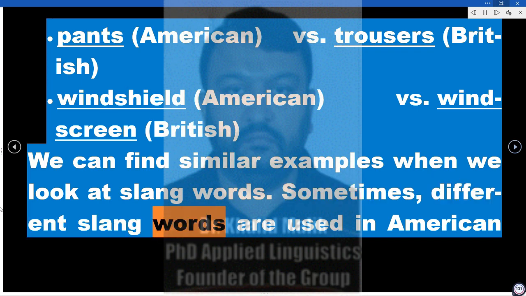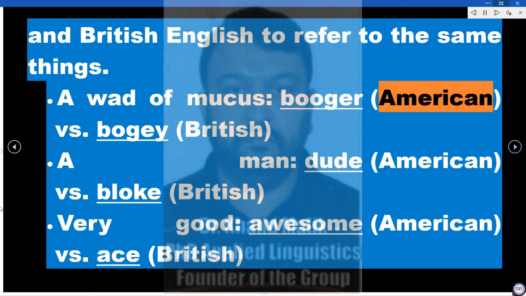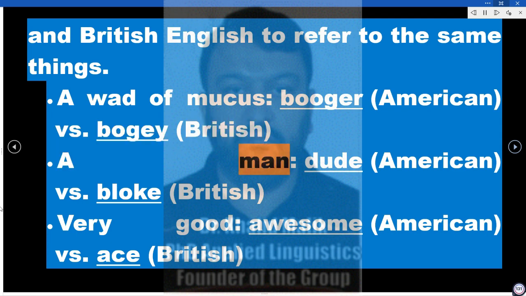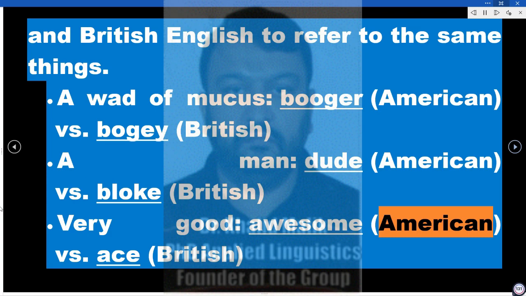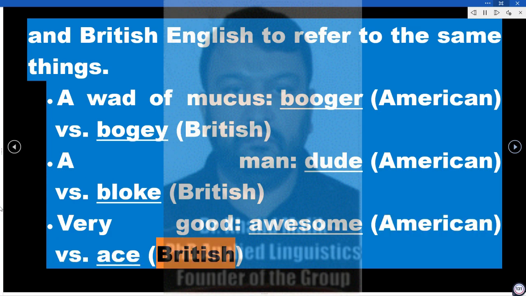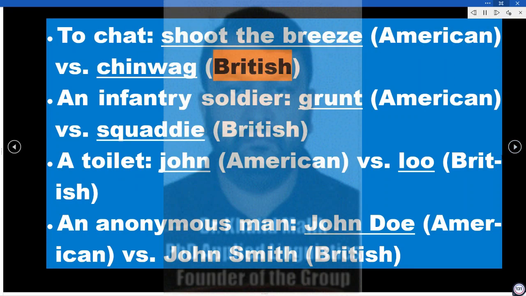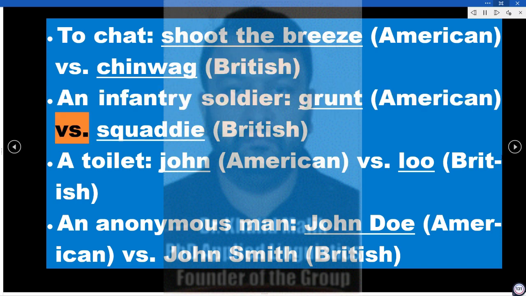Sometimes, different slang words are used in American and British English to refer to the same things. A wad of mucus, "booger", American, versus "bogey", British. A man, "dude", American, versus "bloke", British. Very good, "awesome", American, versus "ace", British. To chat, "shoot the breeze", American, versus "chinwag", British. An infantry soldier, "grunt", American, versus